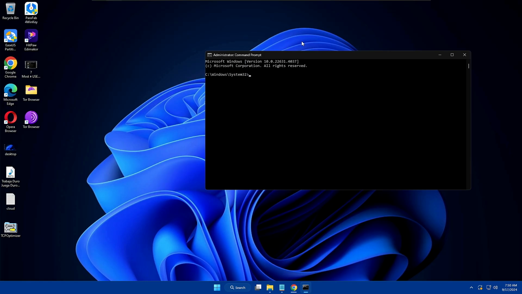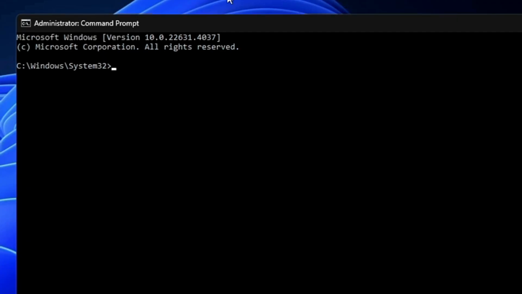Once the DISM command is completed, we can move on to the next command, that will be sfc space /scannow. This command in Windows scans and repairs the protected system files, including the DLL files as well, and if there is any corruption, it will repair them. The command is very simple. You will have to type sfc space /scannow